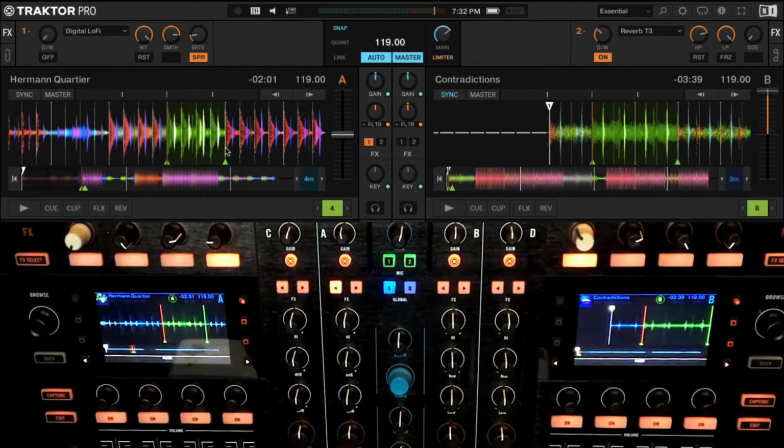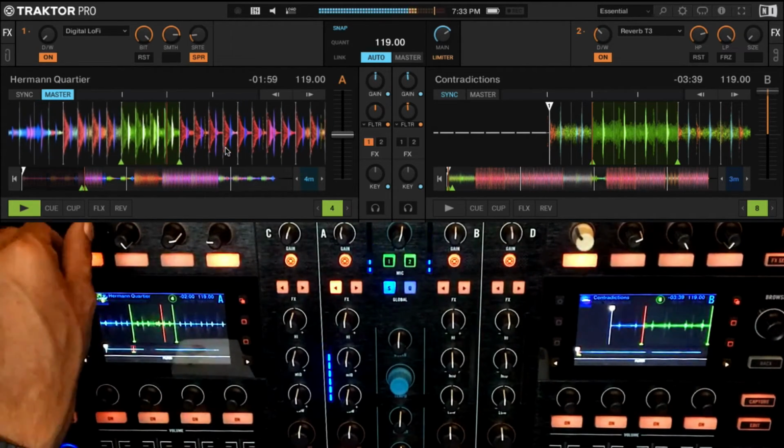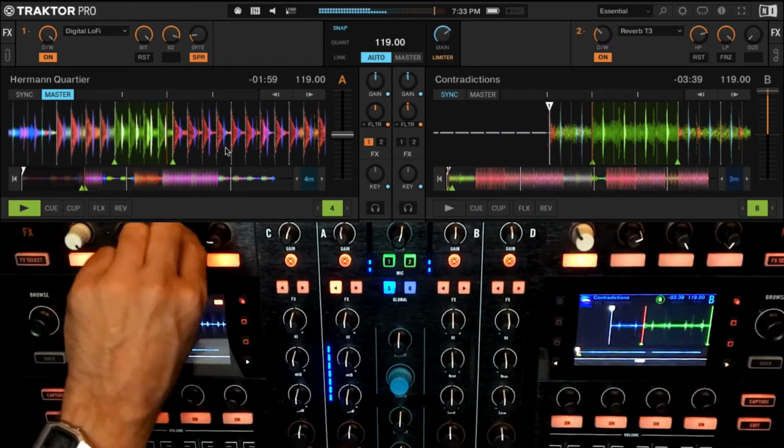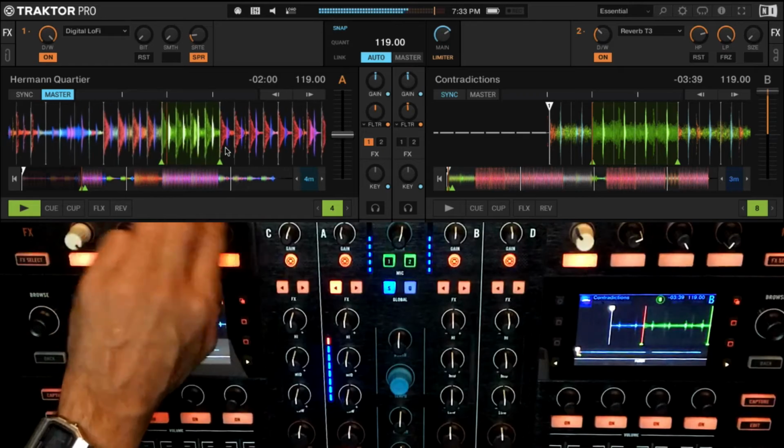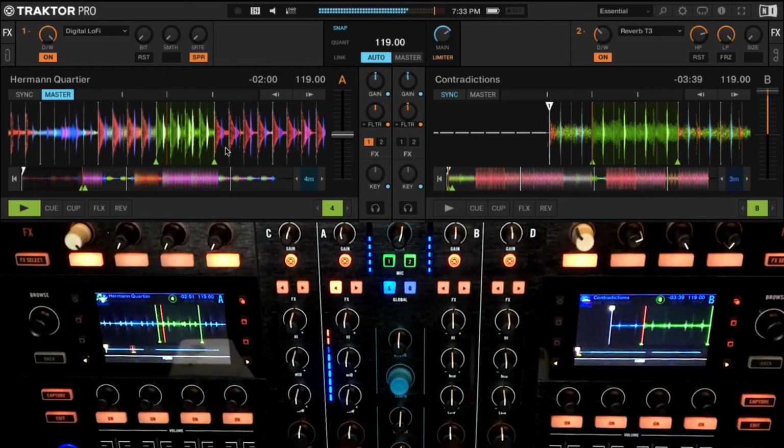So this basically will do a bit reduction and a sample reduction. Now, when you reduce the amount of bits, it's like reducing the quality of the audio. When you reduce the amount of samples, I told you about sample rate in the original class when we were talking about the sound card samples. It's how many times a sample is sampled for accuracy. Okay, so right now, if I take the digital lo-fi and start messing with it, right now, I haven't changed anything.